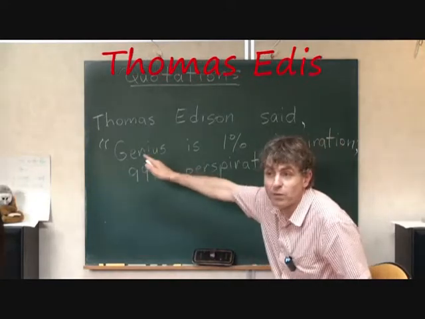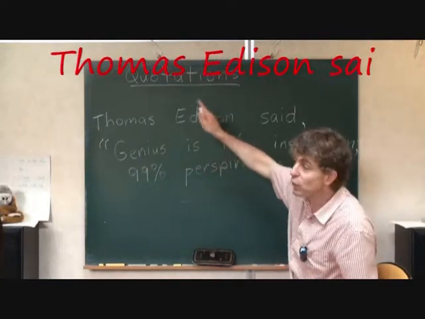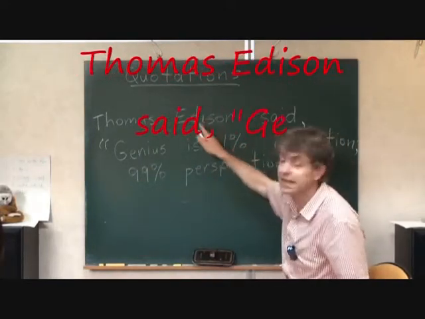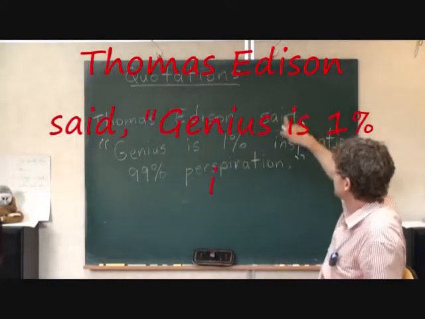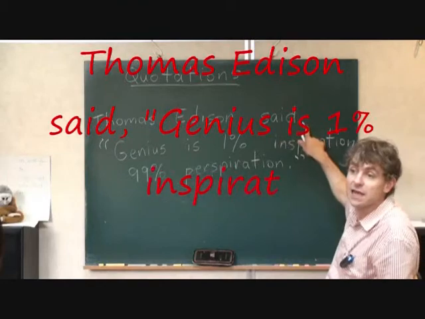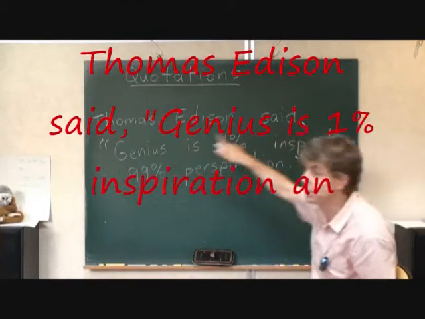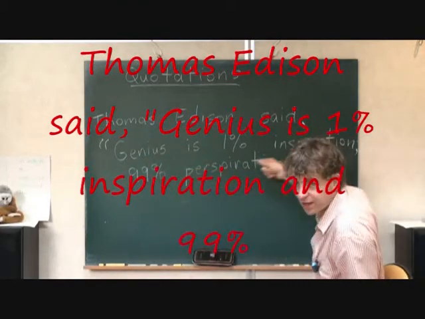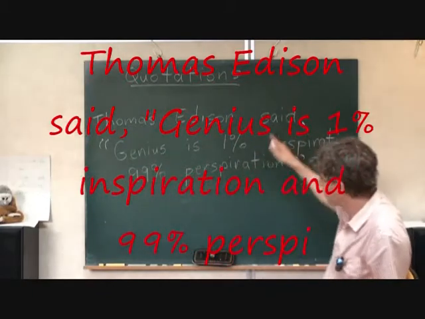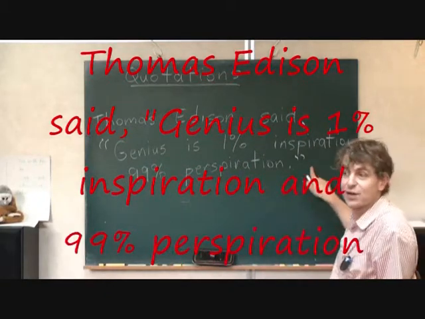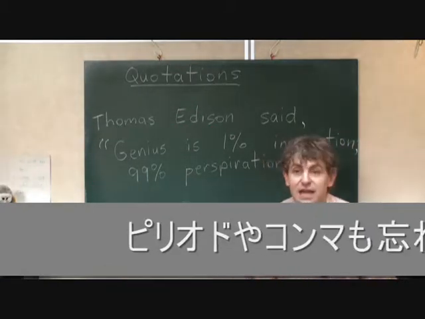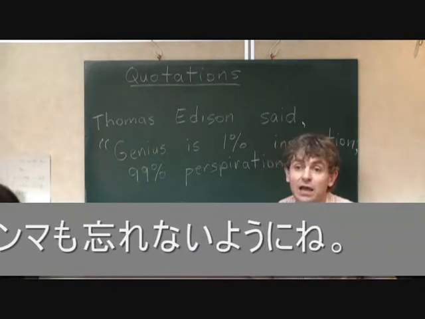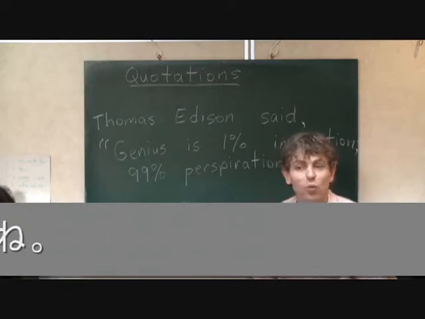And before we use this, if we use the person who said it in the beginning, Thomas Edison, we use said, then we must have a comma before the quotation mark. So comma, quotation mark, then period, quotation mark. This is one style of quotation, one style of quote. But when we use this, we don't use